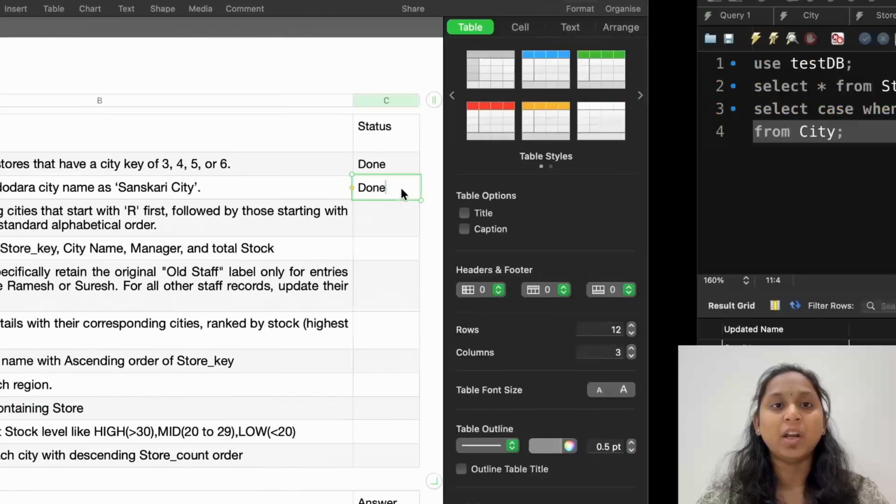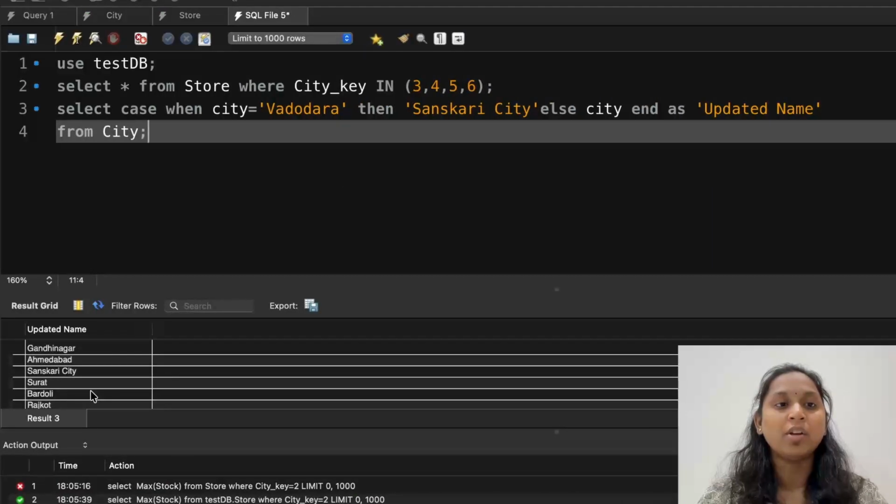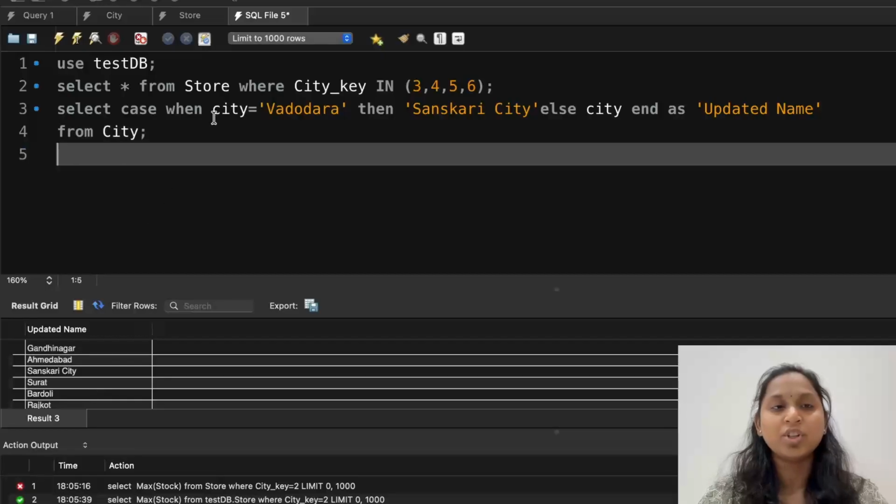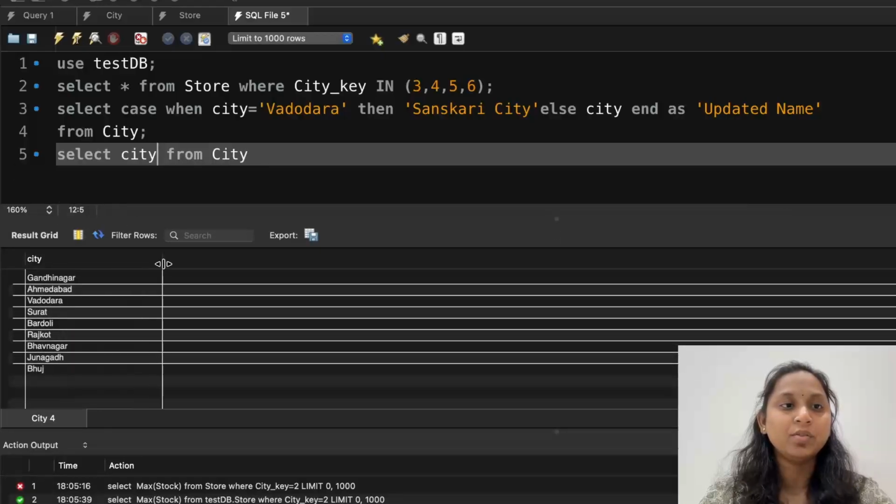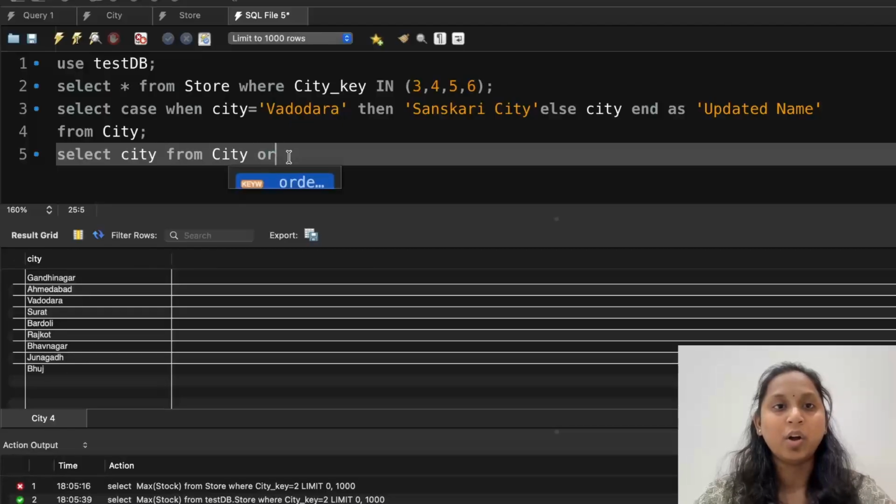Okay, right now whatever the city names are, they are not in order form, yes or no? But now the question is, ideally if I use this way, what do you think? Select city, city name. Okay, and let me execute. This is my original data, yes or no? This is the original data, but here they are not in a sorted form. It is in the order in which we loaded our table. So how can I change the order?